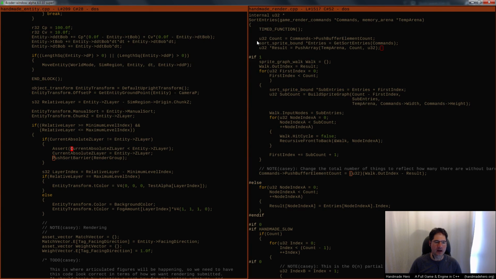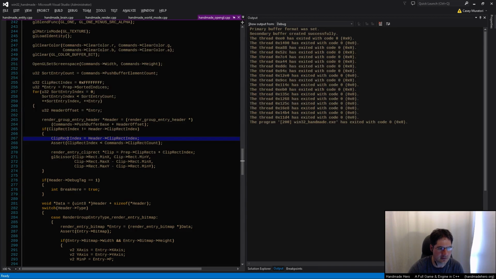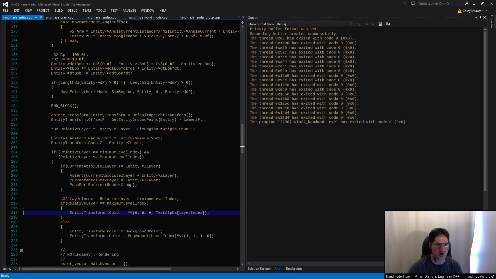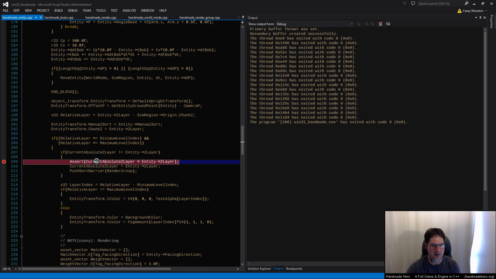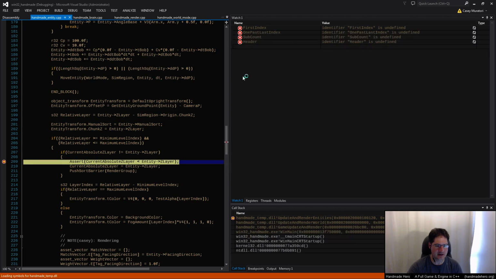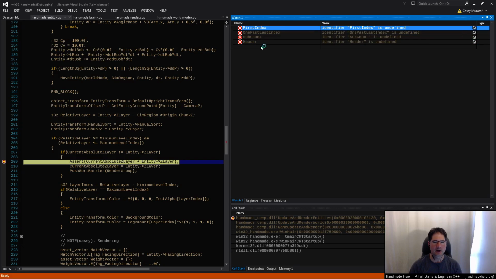Which one is it? First one I want to do is step into the entity list stuff a little bit, and I want to take a look at what's actually happening when we push these barriers on, because I don't really have any insight into that at the moment, and I would like to get some. So let's take a look at the entity index that we're on,